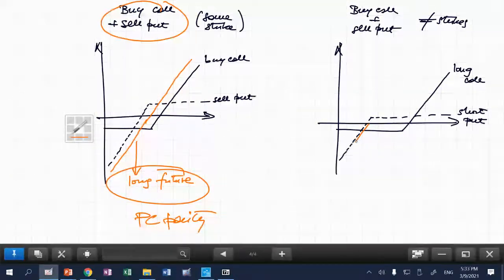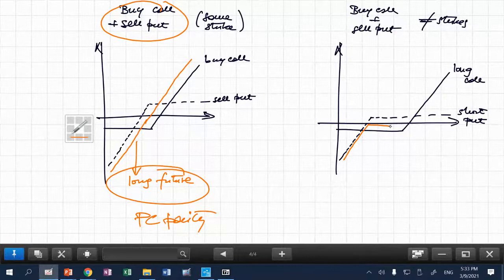Combination of the two looks like the following. And this position, technically, is called the risk reversal. We are going to discuss it later on when talking about volatility. It is a strategy that can be done, but it is typically done for different reasons than playing on the